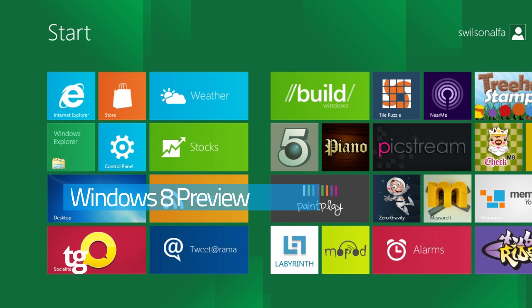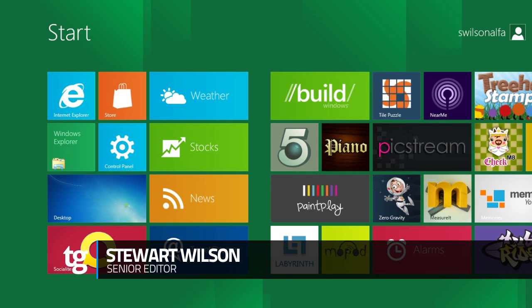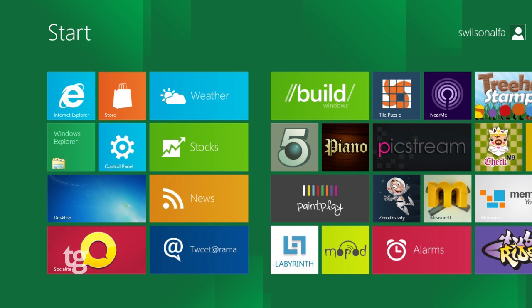Hello, my name is Stuart Wilson and I'm with techgeek.com.au, and this is a first look at Windows 8. It's the developer preview, and we've got our hands on it. Anyone can download it at dev.windows.com. You don't have to be a developer to download it, so get to that site and download a